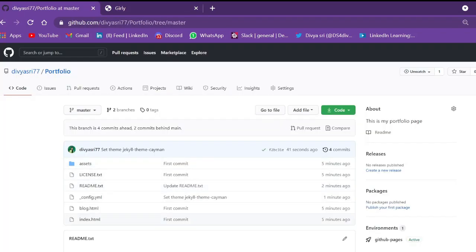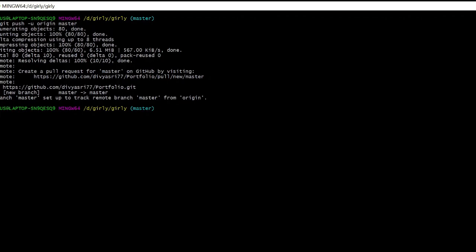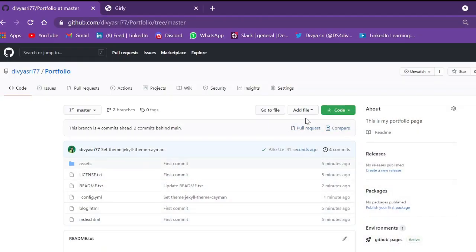Okay, if you don't want to use this git bash method, I will give you a shortcut, but don't use it. Learn this method, learn git bash. It will be really useful. When you are building a future project, it will be really helpful. So for those who are not from a computer stream, use this method.